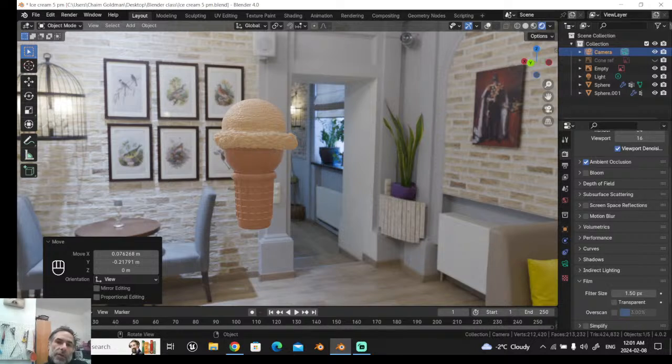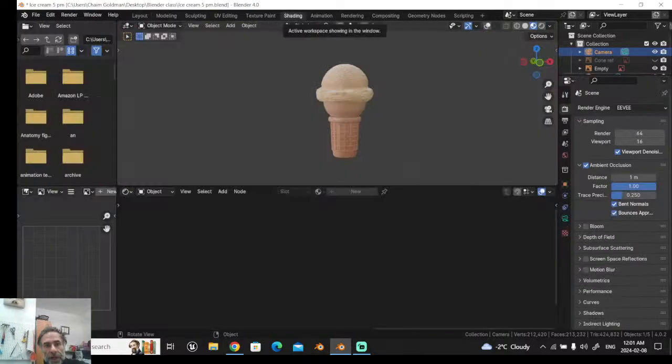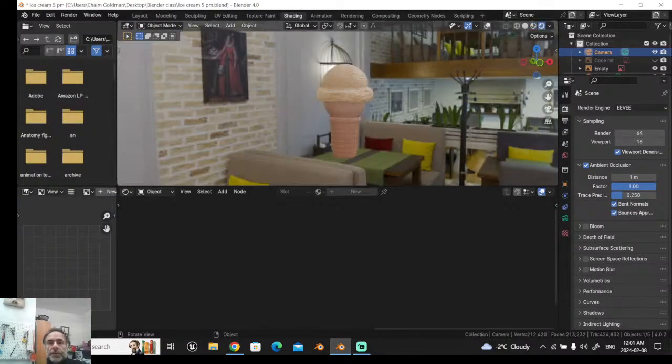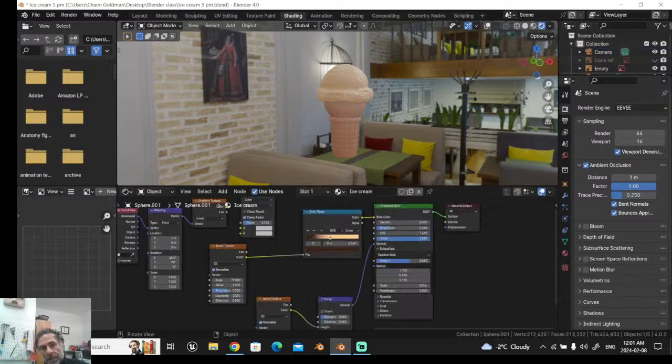One thing I want to do is adjust the rotation of this background. What if I want to keep the cone in the right position but move around the background? Aha. Another thing you wouldn't think of. Go to the shading. There. All right. So before we were doing all this shading with the cone, like we had all these nodes and everything like that. And that was because we're shading objects, and this thing over here says object. But if I go to world,